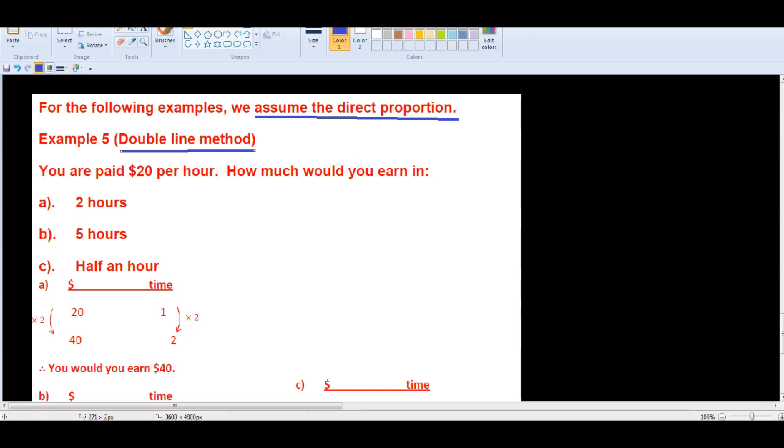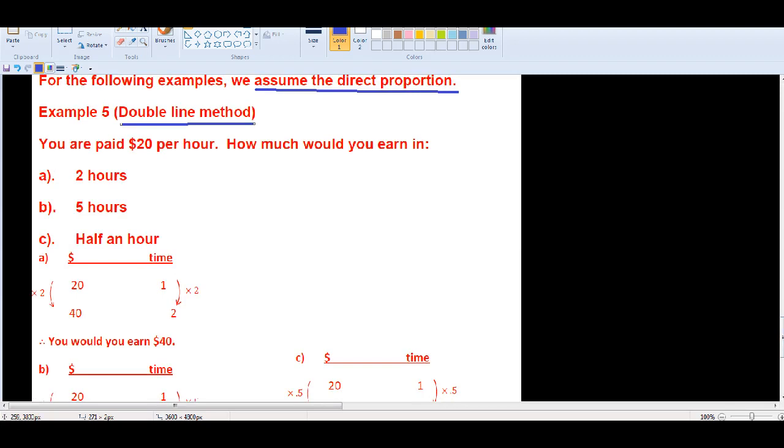First you need to have two types of quantities. So read the question. You are paid $20 per hour. Do you see that there are two quantities? $20, and how about the other? Hour. So there are two quantities. So the first step is always to try to identify. Step one, the first step, very important, is identify